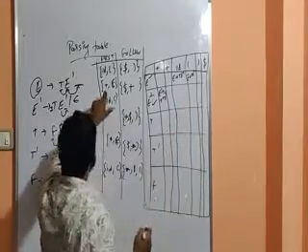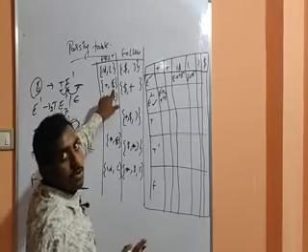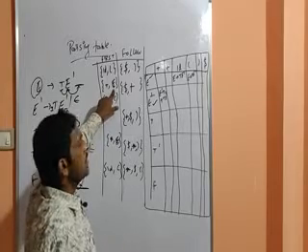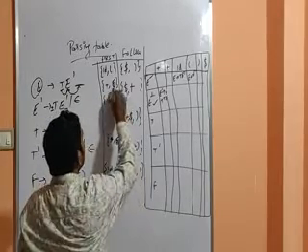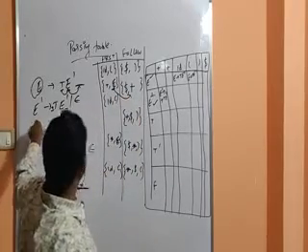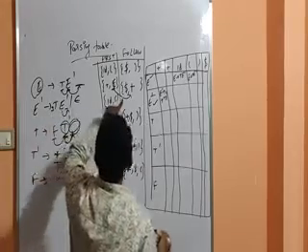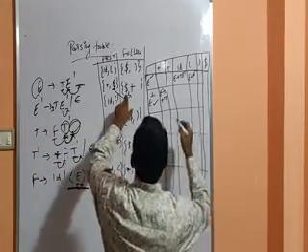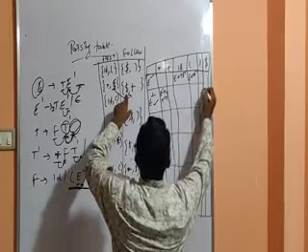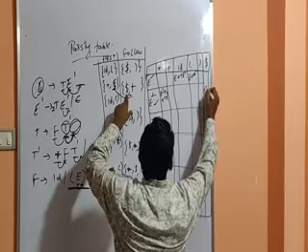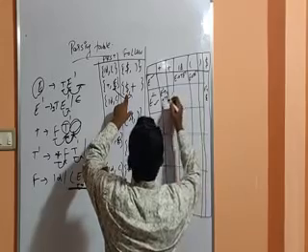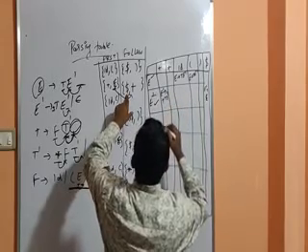Next, what is the symbol we have? Epsilon. This parsing table will not support epsilon. Whenever you find the epsilon symbol, what you have to do is go to the follow of that particular grammar, isn't it? You have to go to the follow of the particular grammar, capital E dash. So what are the follow variables in capital E dash? Dollar and plus. So come to the position of dollar. Write the grammar: capital E dash tends to epsilon, and in place of plus, write the value.